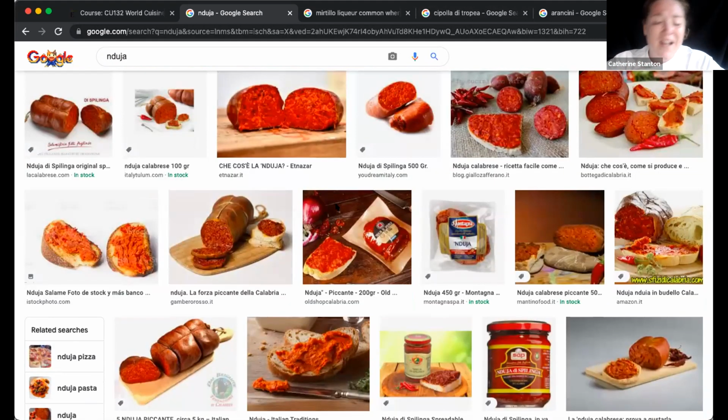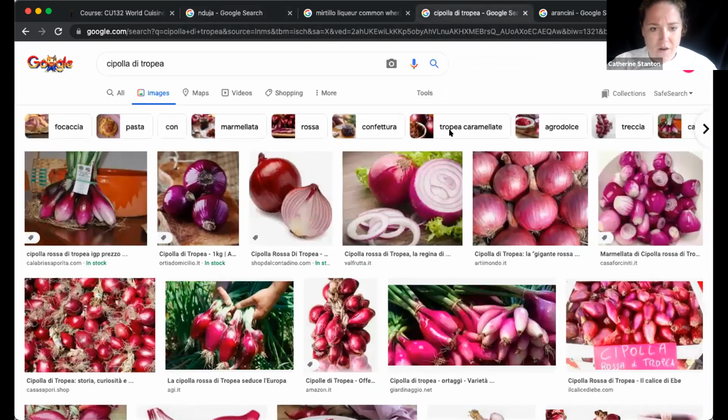It is a delicacy. Higher fat content, not fully cured in the sense of like that linguiça or chorizo that we're using, hard salamis that are really cured for long times and are dense. This is spreadable, has more fat and a lot more paprika and chili. All right. Another beautiful ingredient from the southern region. It is like the queen of onions, all right? And this is called cipolla di tropea.